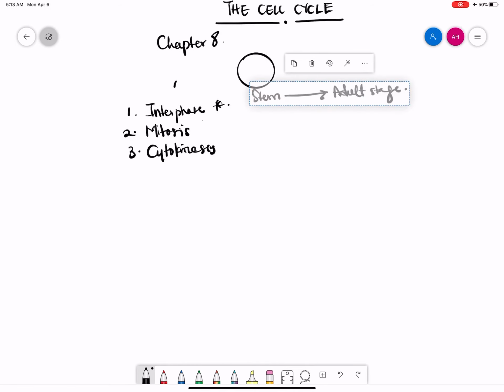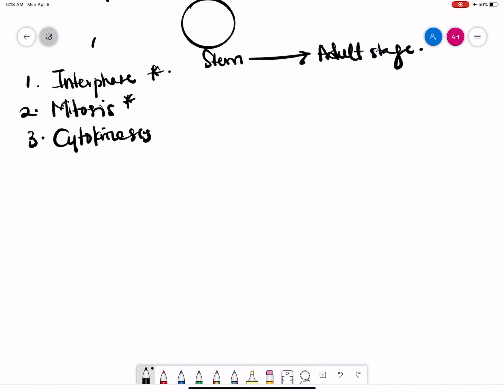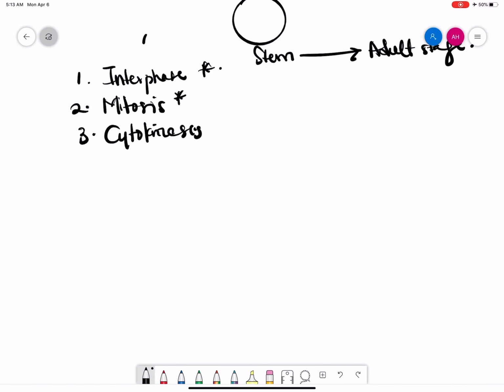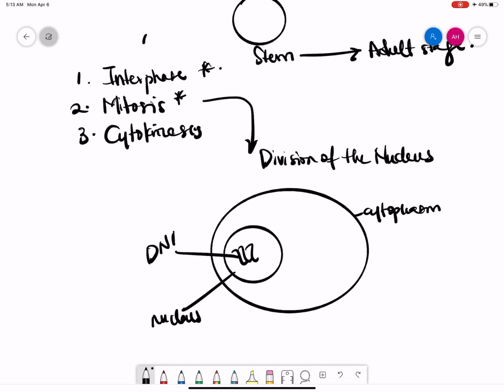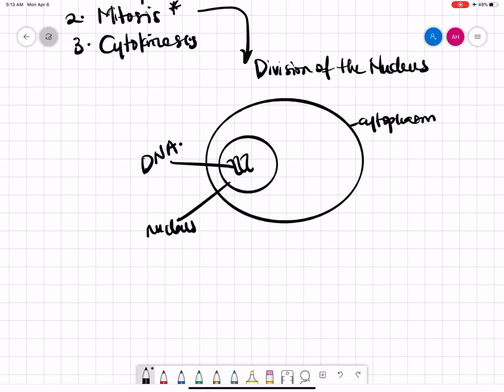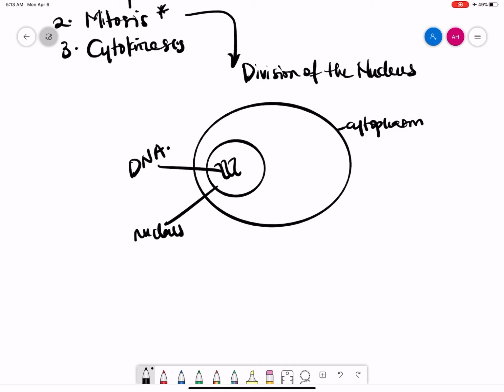Then number two, we have mitosis. Mitosis is the second stage of the cell cycle, and mitosis refers to division of the nucleus. So if you remember, a cell has a cytoplasm, and inside the cell you have a nucleus. Do you remember the function of the nucleus? Yes, it contains DNA. So this is important because the nucleus divides, means the DNA divides, and DNA can be replicated and passed on